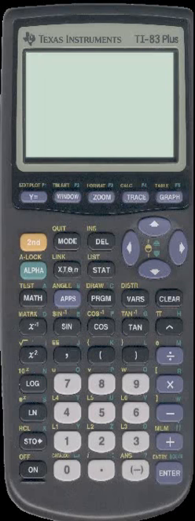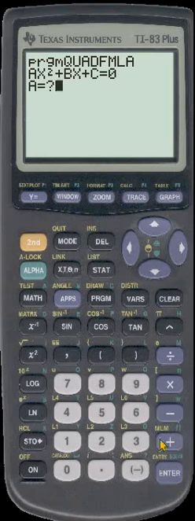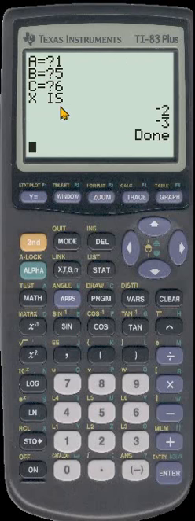So let's rerun the program. And this time when I execute our program, it'll display ax squared plus bx plus c is equal to 0, and then prompt a, b, and c. And once I input my values, it'll also indicate that x is negative 2 or negative 3.